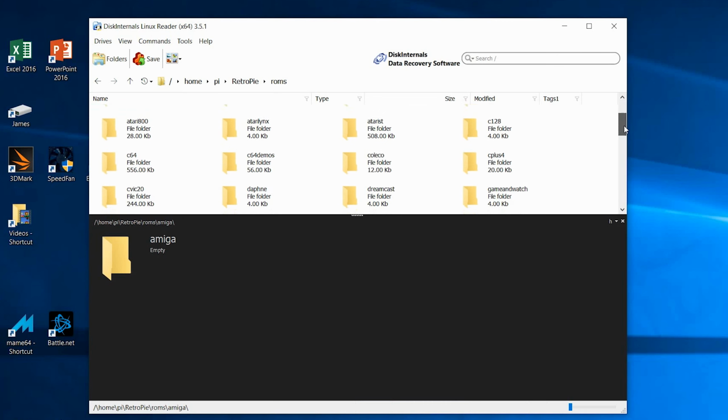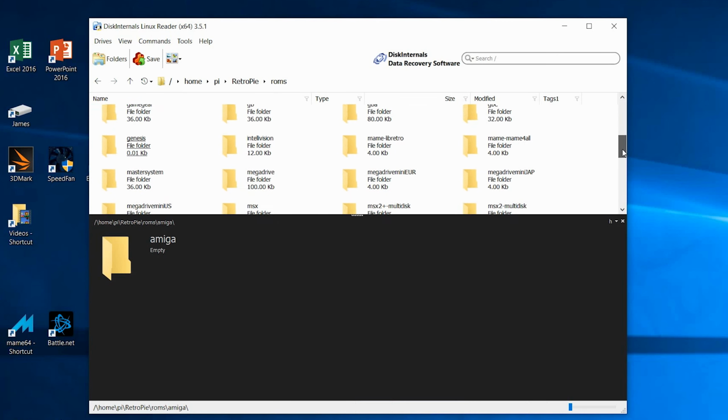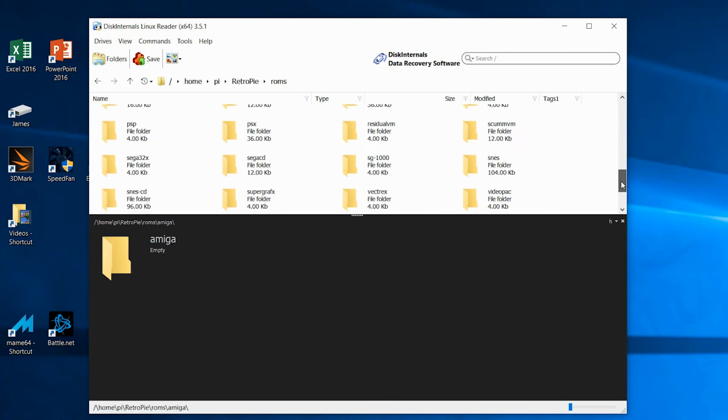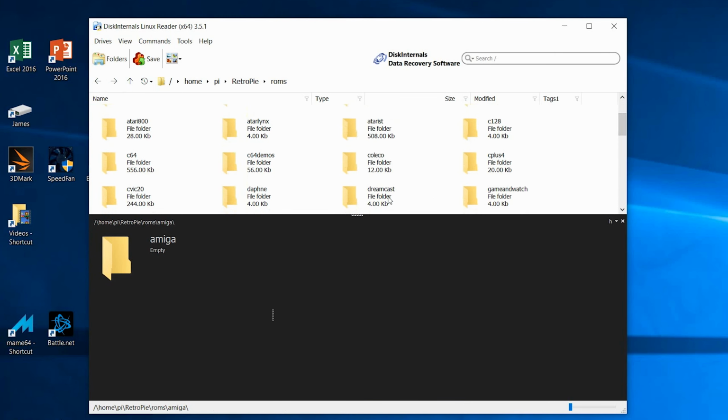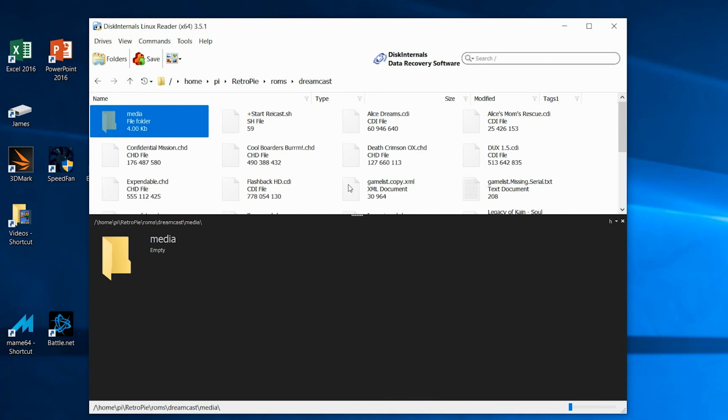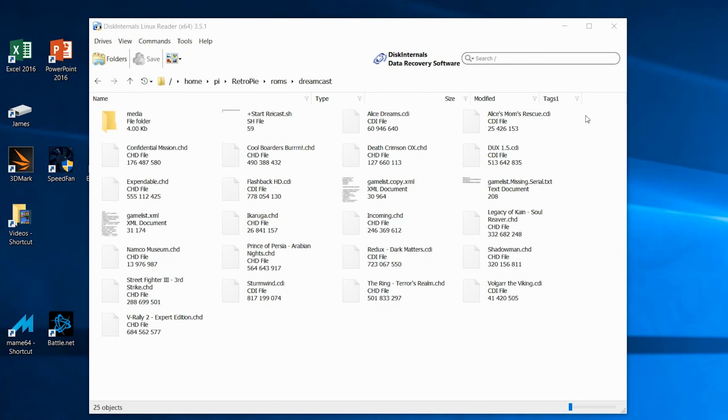As you can see, there's games from a ton of different systems in here, and I want to get them out. Let's try extracting the Dreamcast games first. So I'm going to double click on the Dreamcast folder, and I'm going to close this. I don't need that. I'm going to select everything in here,